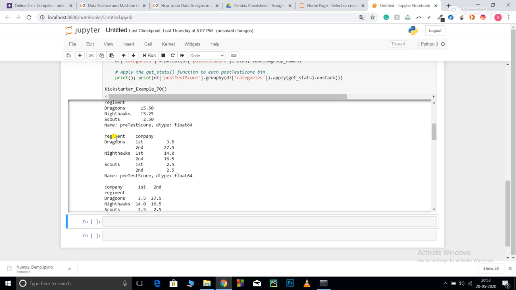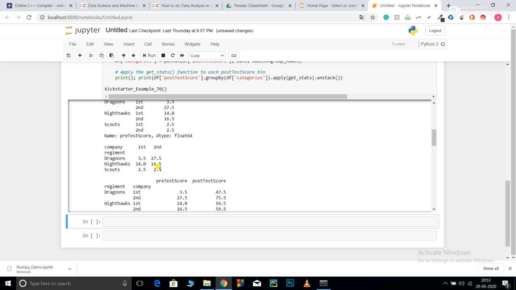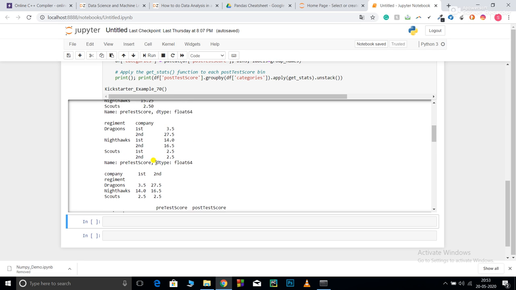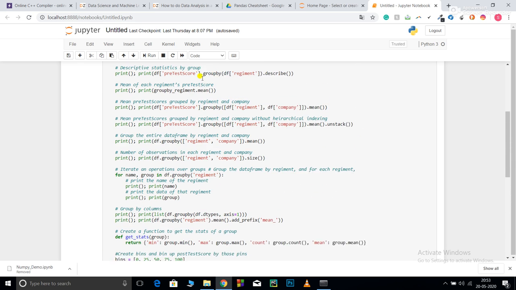What I did, regiment, then I told you it will group them on the basis of company and first and second. Now if I use unstack, my print will be something like this. So dragoon, then the company first and second. You can see it looks similar, the values are similar, only the way of showing is different.